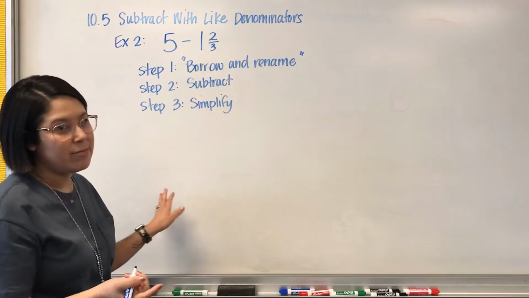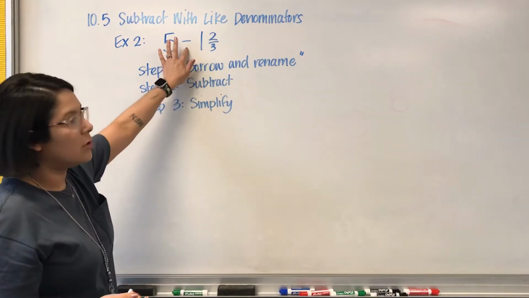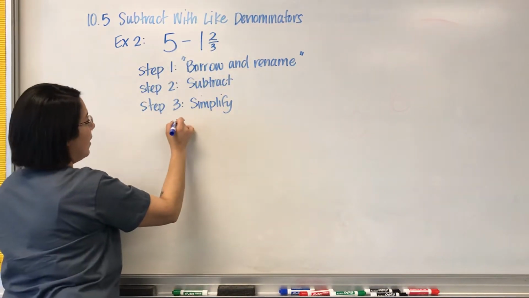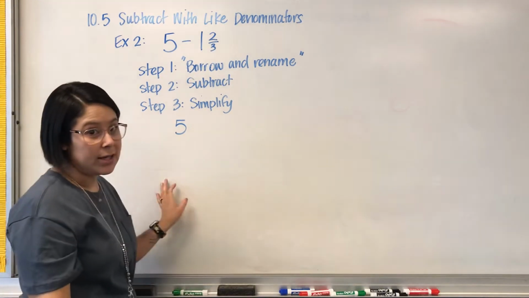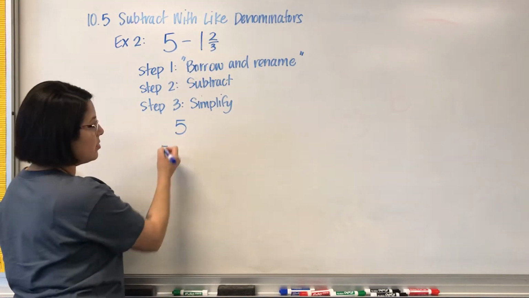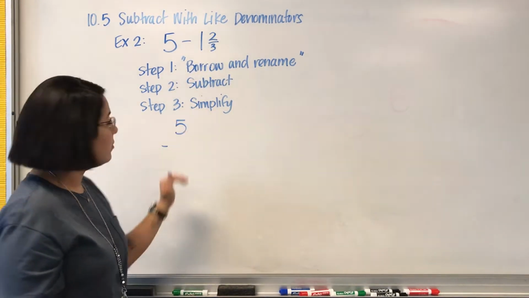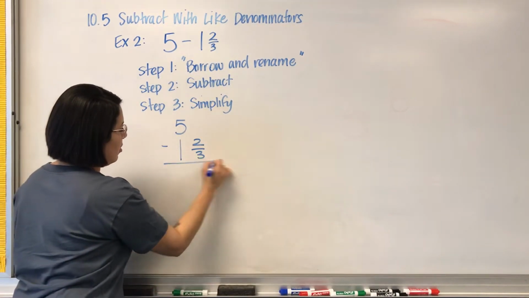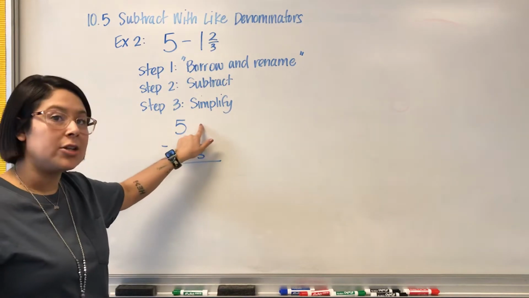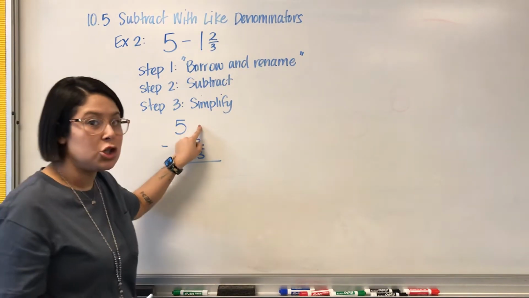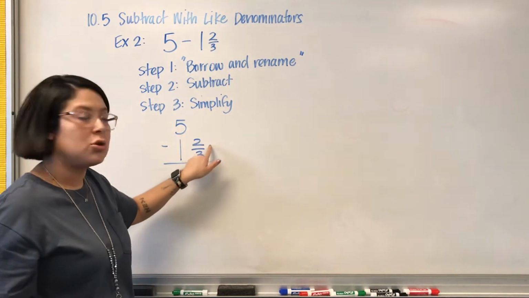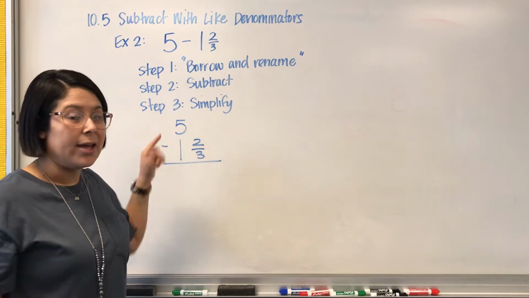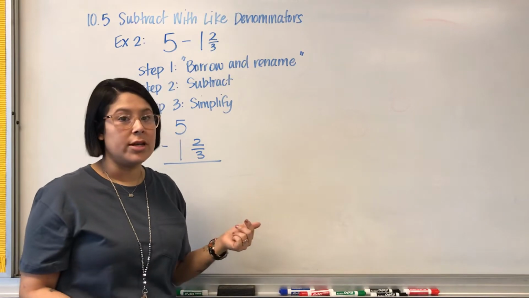All right, but what does that mean? Borrow and rename. So let's talk about that here. So back to this example, I have 5. I'm going to rewrite it because for me, like I said, it's always easier to look at it up and down. Okay, I don't have a fraction here. Okay, I can't do 0 minus 2/3. So I need to borrow from this. Okay, a whole number is actually,